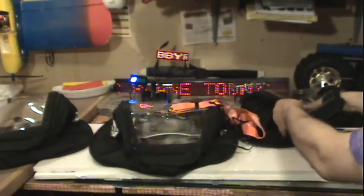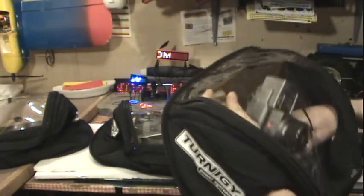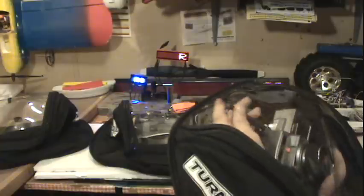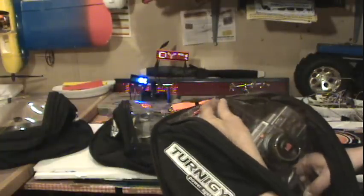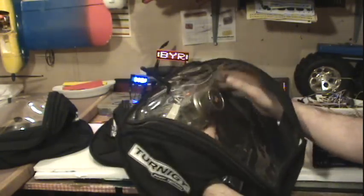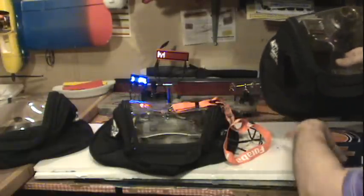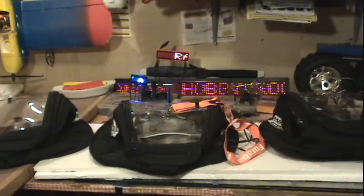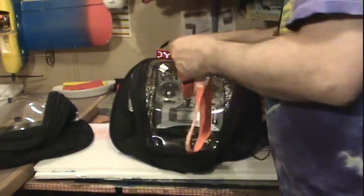So here, I should have one with my DX3 for my trucks. Get the antenna up through a hole there. There you go. And I can easily use the transmitter inside here for driving my trucks. And then for my airplanes, I have the DX6i, and this one with a strap. But in the back,